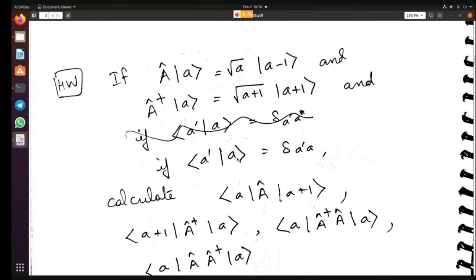And the scalar product of A dash and A, the scalar product of the bra A and the ket A, is basically the Kronecker delta. So it means that this is orthonormal, right? That is what it means. This state vector A is orthonormal. So you need to calculate these, and these are very simple calculations. It might take you like 10 seconds or something to calculate this. So just check and see what you get.